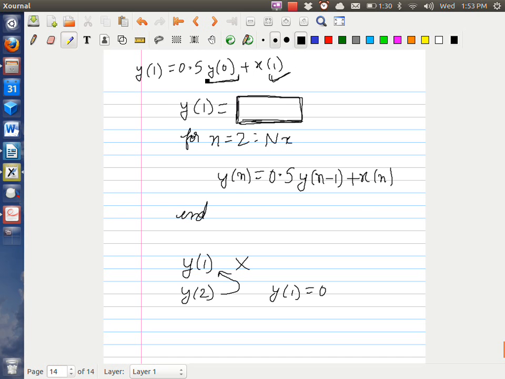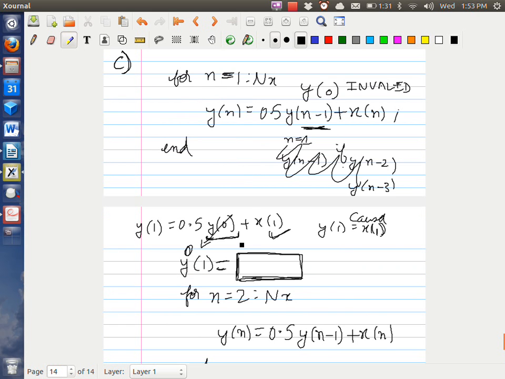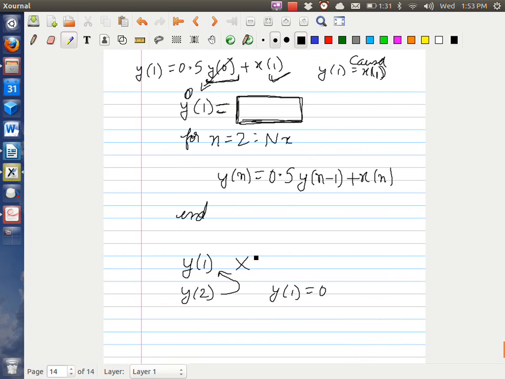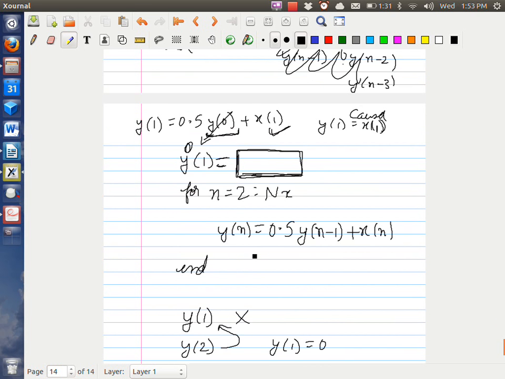Yeah, so we assume our sequences are causal. I mean, anything that we don't know, it's just 0. So this is equal to 0. So y of 1 is simply x of 1 for this equation. And x of 1 was what? It was 1. So you just predefine y of 1 and you start your loop at